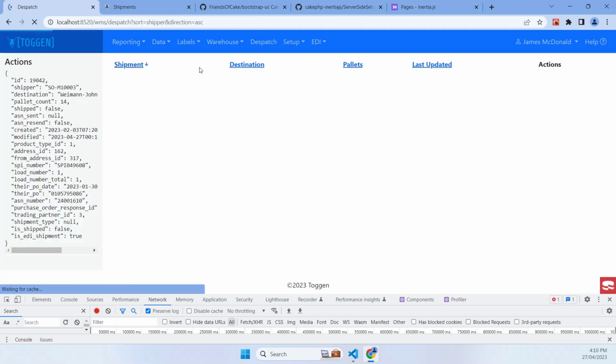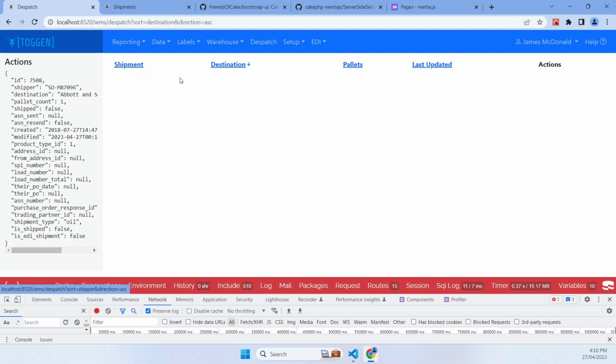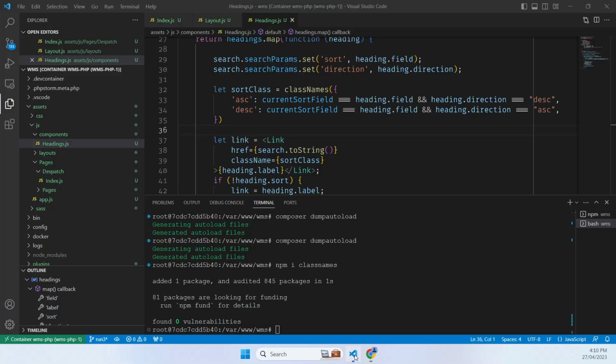Okay, now that's pretty good. When we click on something, we've got the arrows, but they're not toggling up and down, and we can't click it and make it go in the other direction yet, but we're getting close. Okay, so how do we do that? Well, we need to now,